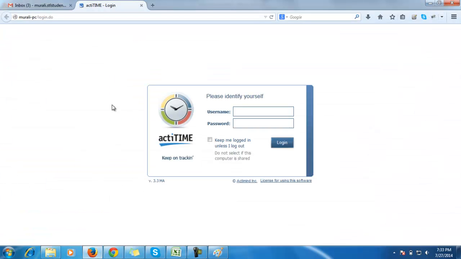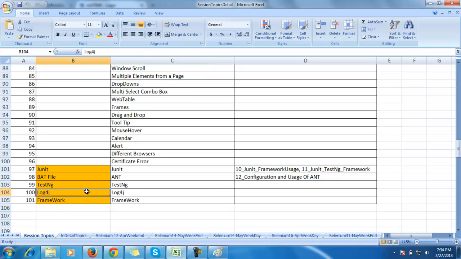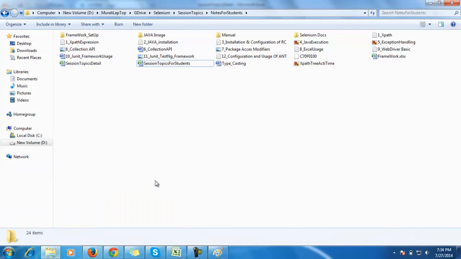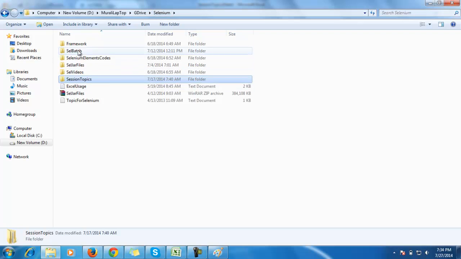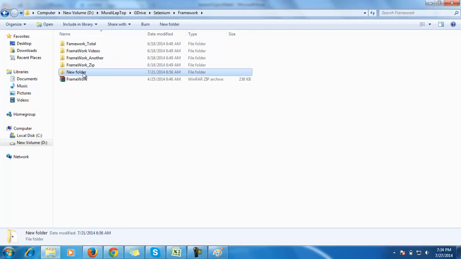I'll take this ActiveTime application as our project, and then on that project I'll be showing you JUnit as your framework. With that we'll be showing you information, and then we'll come up with the solution here. And finally I'll be showing you the entire information on the framework here, and I'll also forward you the videos. Once the session has been completed, I'll also be sending you the video information and